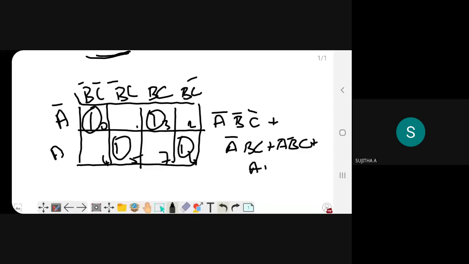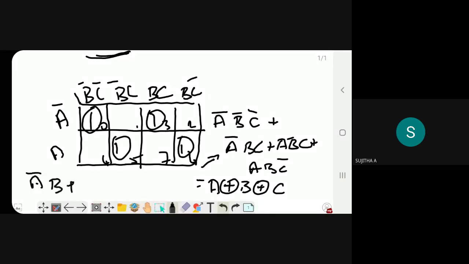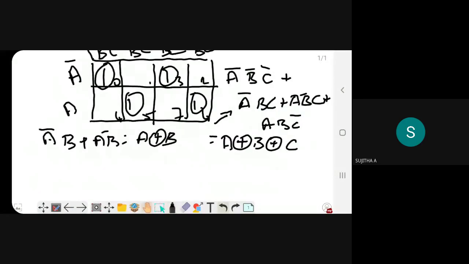If I simplify this equation manually by applying Boolean expressions, I will get the equation as A XOR B XOR C. Just remember, A bar B plus A B bar is equal to A XOR B. Simplify the above equation by yourself.